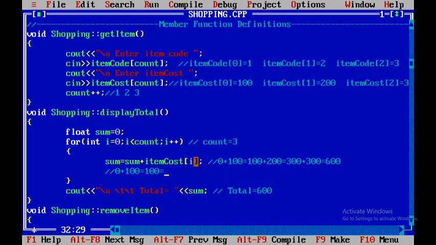Atom cost of 1 has now become 0, so it will still remain 100. In that we will add atom cost of 2, which is 300, and the total is 400. So this is our final total. Last time it was 600, now it is 400. This 200 product, this atom, is removed. So here we get the result as total equals 400. That is our final total.